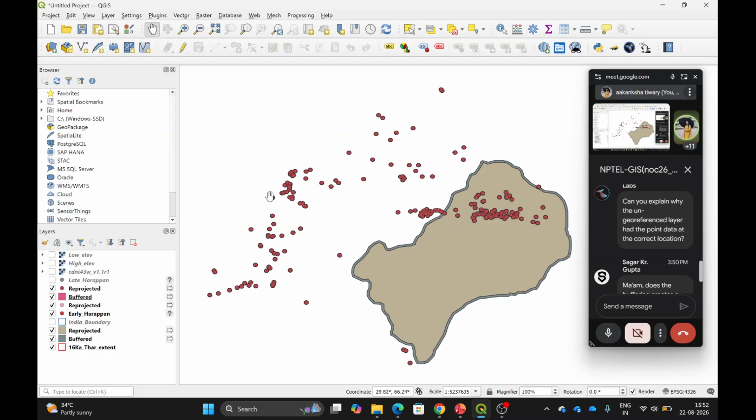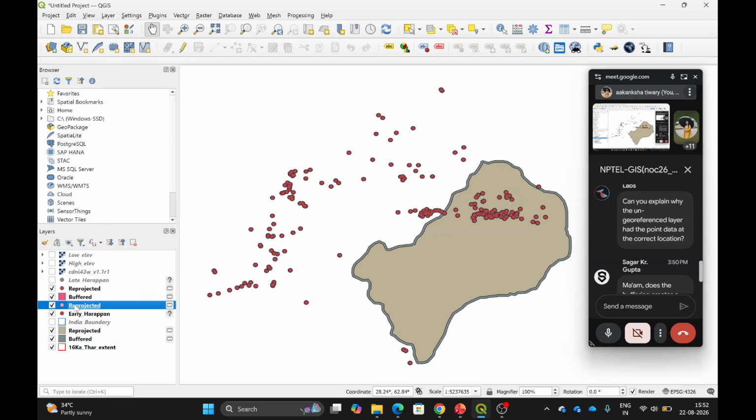So what it was doing is that it was assuming it to be a geographic reference system, and then it was creating a layer around that point. Even though the units were not known, it was assuming it to be some degrees, so maybe 10